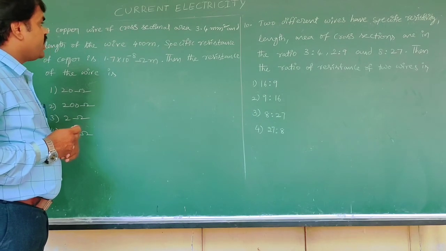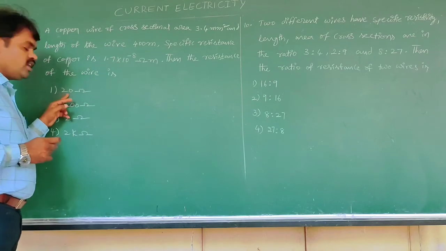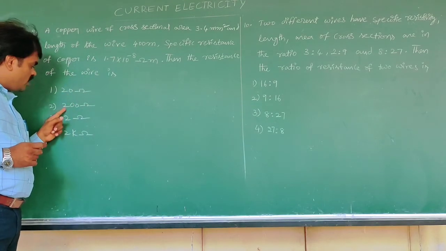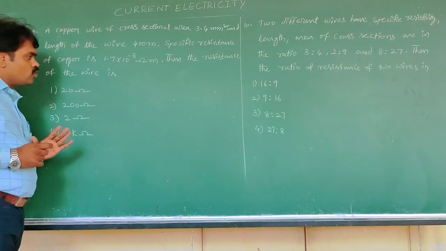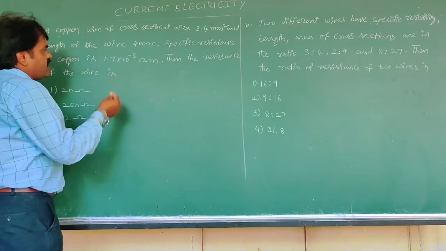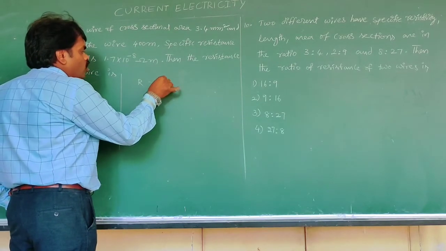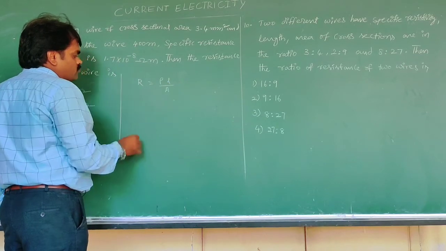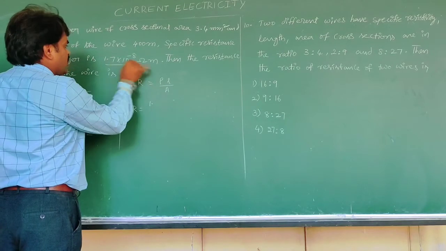Then the resistance of the wire is, options they given: 20 ohms, 200 ohms, 2 ohms, 2 kilo ohms, means 2000 ohms. Now here what they are asking about is that resistance. What is the resistance formula? Resistance is equal to rho L by A. R is equal to, rho is given, resistivity rho